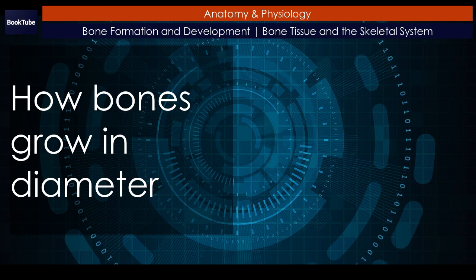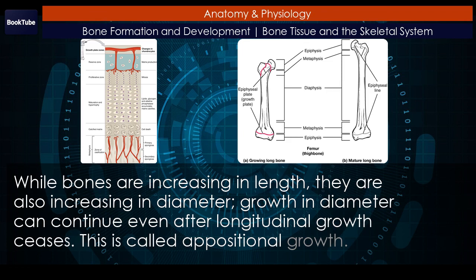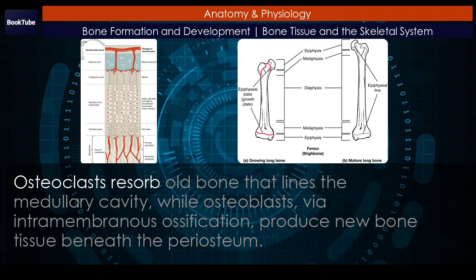Figure 4. How bones grow in diameter. While bones are increasing in length, they are also increasing in diameter. Growth in diameter can continue even after longitudinal growth ceases. This is called appositional growth. Osteoclasts resorb old bone that lines the medullary cavity, while osteoblasts, via intramembranous ossification, produce new bone tissue beneath the